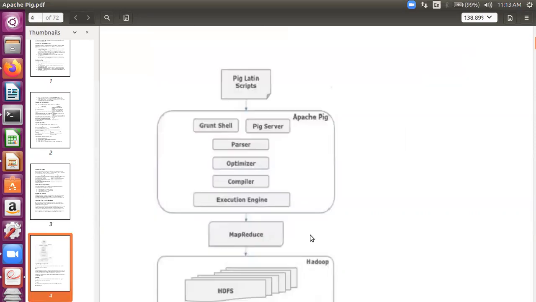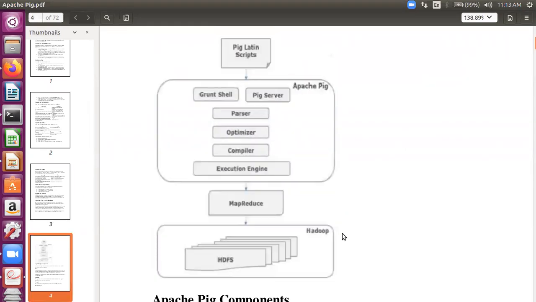Look at the Pig architecture now. You can take a screenshot of this. This is the architecture of Pig. Here you are with the Pig Latin scripts, and then through the Grunt shell you give it to the Pig server. Now, what is involved when the scripts are being executed?